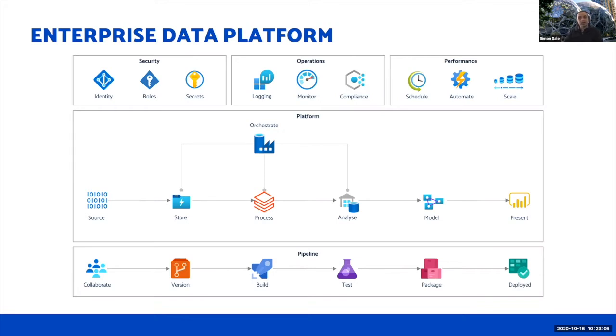And there's a case study later that goes into a lot more detail about how these are used to actually work in the real world. So right in the middle, there's the platform itself, and this is really showing a modern data warehousing pattern, where data is ingested from various different sources. It's moved into a store, and in this case, we'd be using something like an ELT pattern, where the data is landed into a data lake, and it can be read many times.